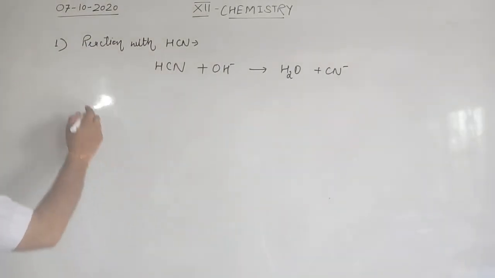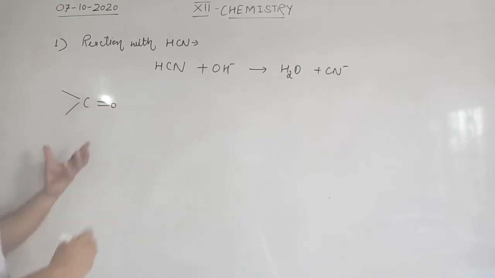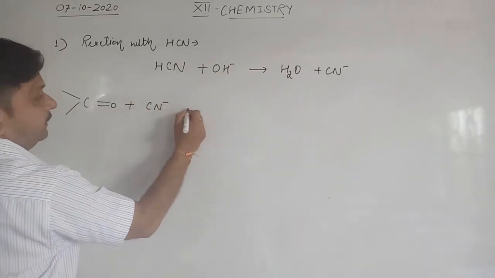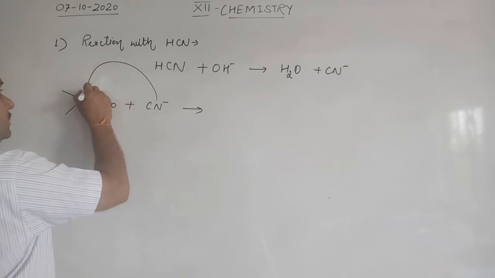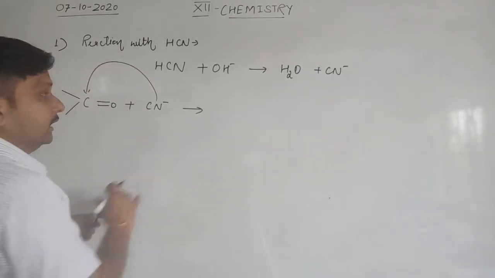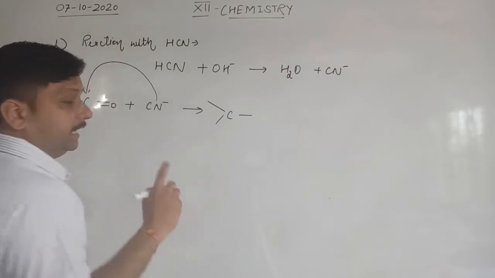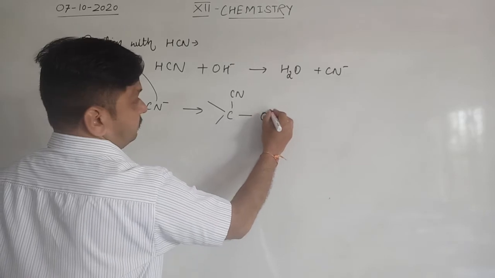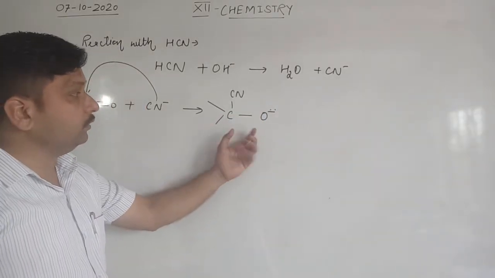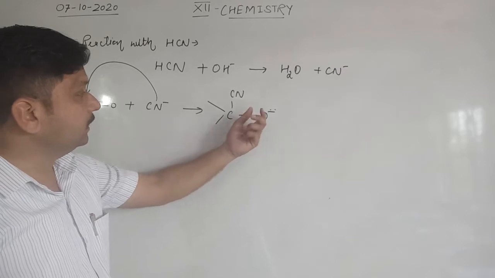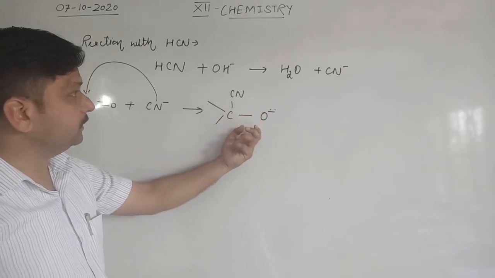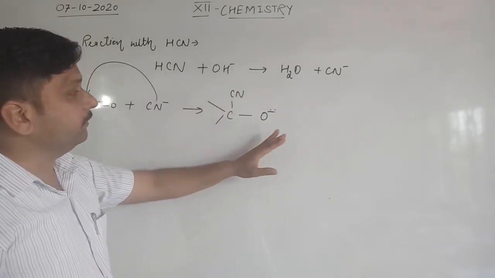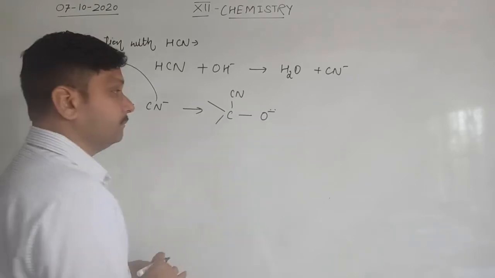So simply, if we have any carbonyl group, that may be aldehyde or ketone, this compound reacts with cyanide ion, meaning CN negative. This CN negative will attack this carbon atom by the nucleophilic attack, and it converts into an anionic product. Clear? Now on this anionic compound, the remaining H ion will attack, that will be coming from HCN or from the water, and it will be added on this O negative part.